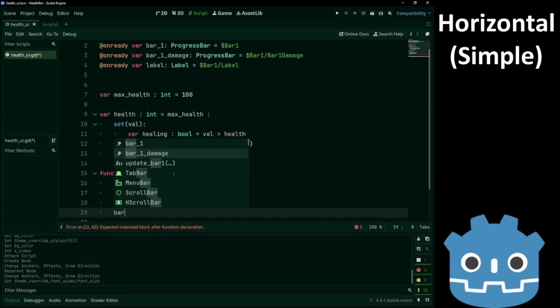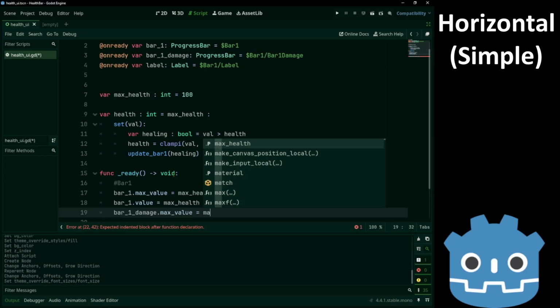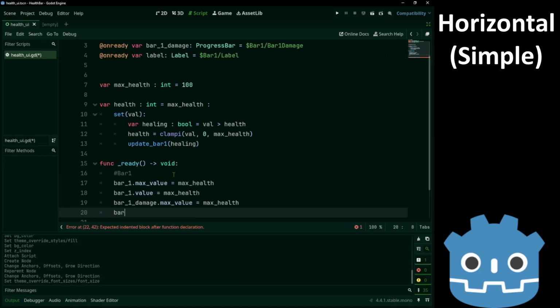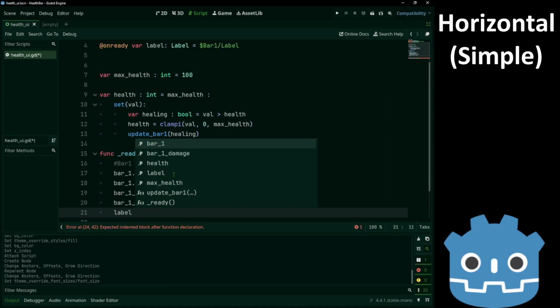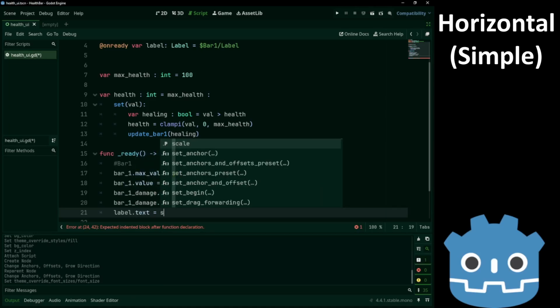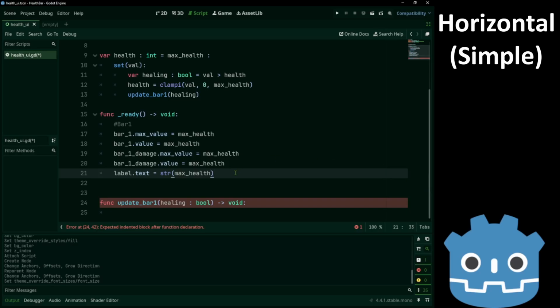Same with bar 1 damage. And set a label. Okay, that's it.